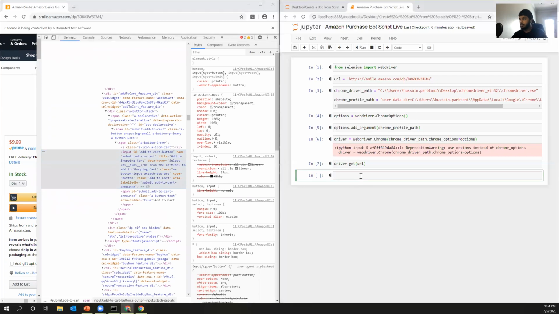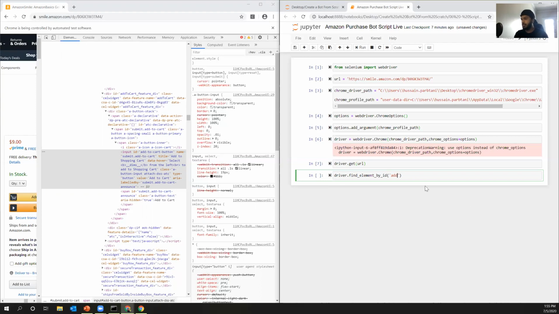But within Selenium, within your driver, you have functionality to find element by ID. You also have a lot of other functionality like find element by link text, and we'll be using some of this. But this section and course is supposed to be a basic overview of what Selenium can do. So we're going to do find element by ID. And the ID of that button is, as we saw when we hit inspect twice, add to cart